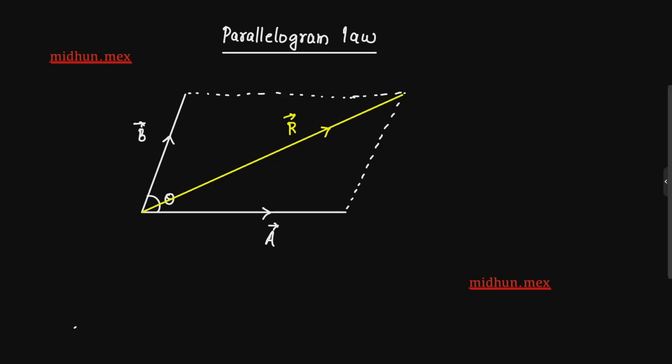First I will extend this vector A like this. This is our vector A, and I am extending it like this. From the topmost point, that is from this point, I am simply dropping a perpendicular, a 90-degree perpendicular. If this angle is theta, this angle will also be theta, since the sides of a parallelogram are parallel. That we understood very clearly. And this side is B, and definitely this side is also B.